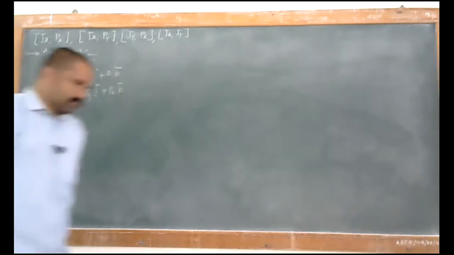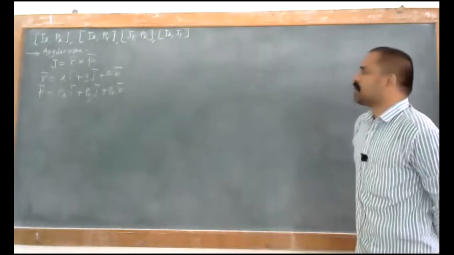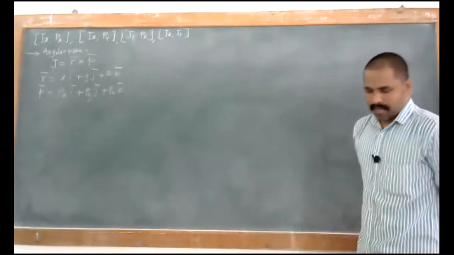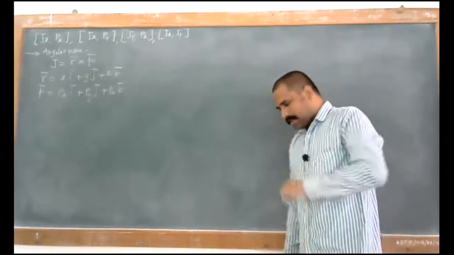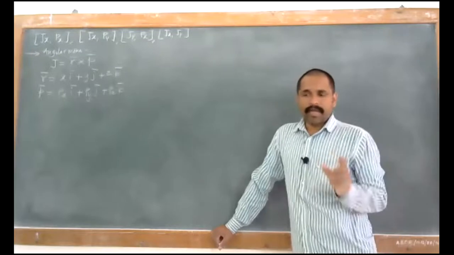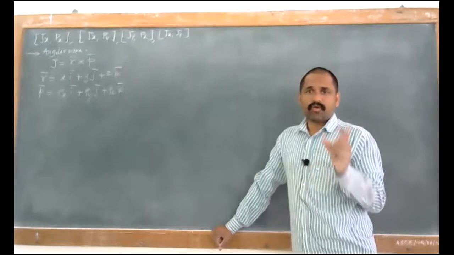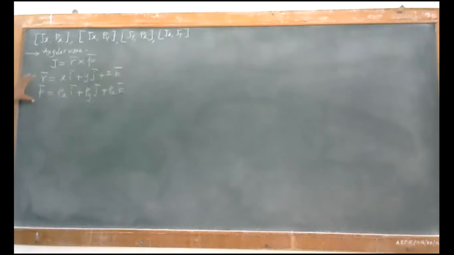What do we want? We want angular momentum, not the position vector or the linear momentum. When you were in second year we studied vectors, and we saw that if you take the cross product of two vectors, it is given in terms of a determinant. So this is R cross P.